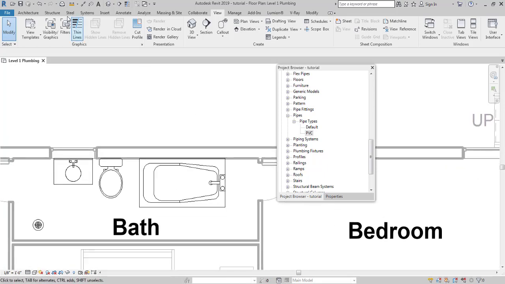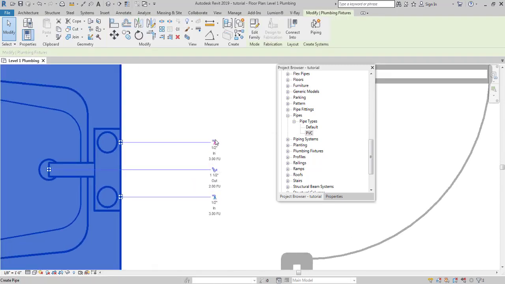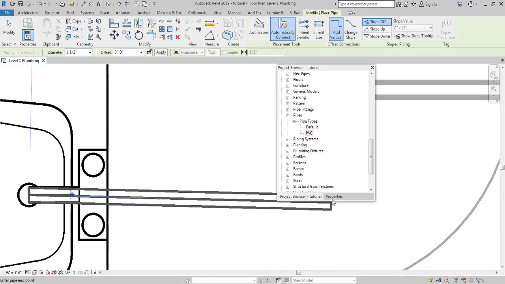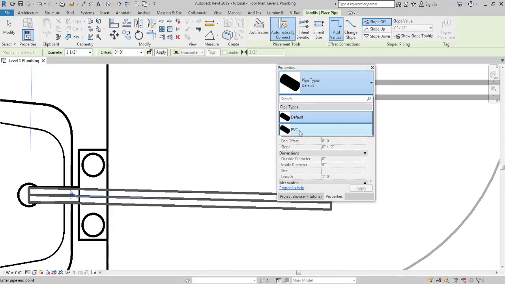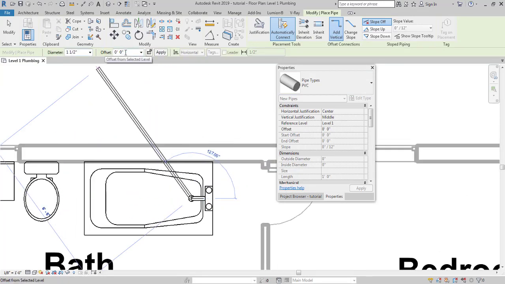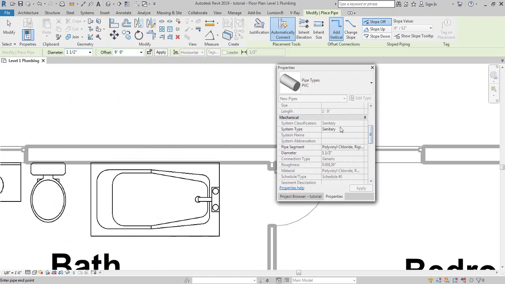So how do you do that? Click on this plumbing fixture right here. You have three icons: domestic hot water, domestic cold water, and a sanitary pipe right here. Select the sanitary pipe, like click on it. Okay, go to the properties, make sure the pipe that you have is PVC. Okay, we have the PVC pipe selected. The offset is how much below the pipe will be created from level 1. So you just give it an offset minus, give it an offset of minus 1 feet 6 inches. So it's 1 feet 6 inches below level 1. Okay, and make sure that the system type is sanitary.